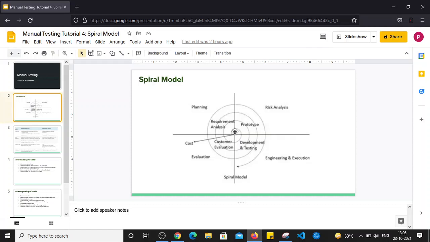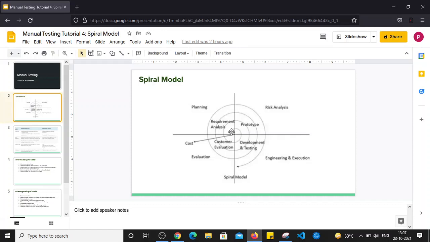Here, in the spiral, after the first phase, that is requirement gathering, risk analysis will start. Risk analysis is nothing but the designing phase. So here we will complete the designing of the application. Designers will create some design documents, or the look and feel of the website or software project. Some application architects will do high level architecture designing. And after that the implementation phase will come.